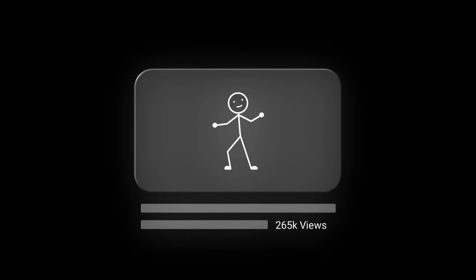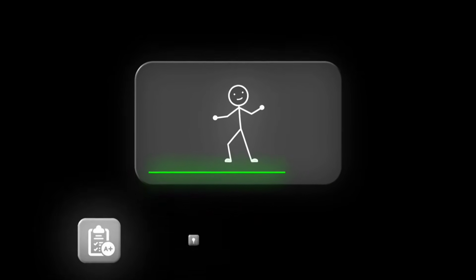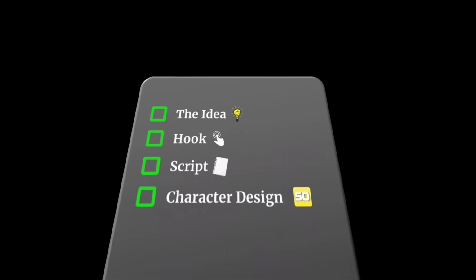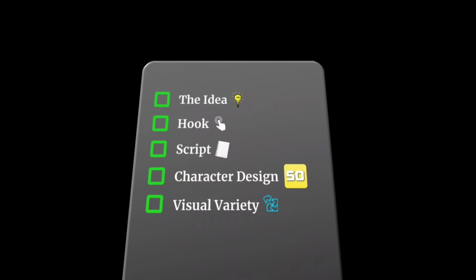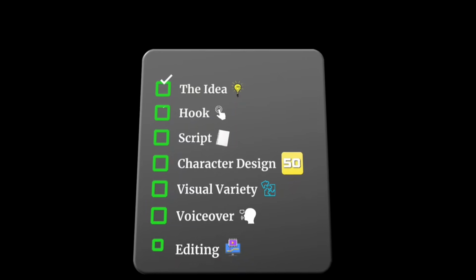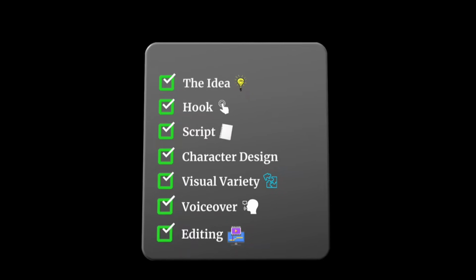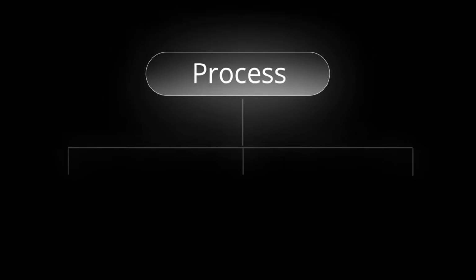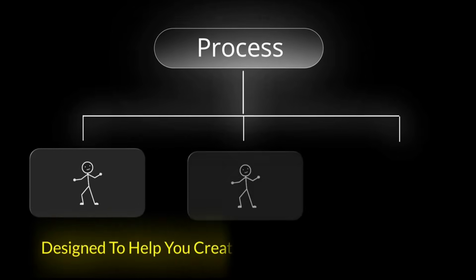Stickman videos look simple, but creating a full one means making dozens of decisions. The idea, hook, script, character design, around 50 scenes, visual variety, voiceover, and editing. If you build everything manually, it can take days or even weeks. Today, we are turning that process into a reusable Stickman Video Engine designed to help you create a complete video